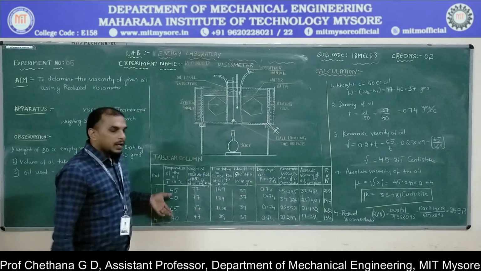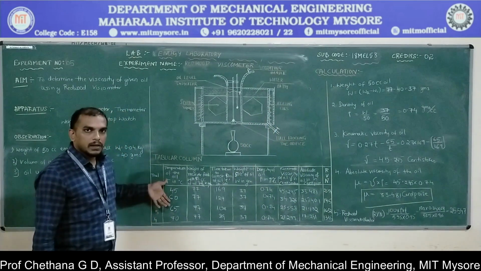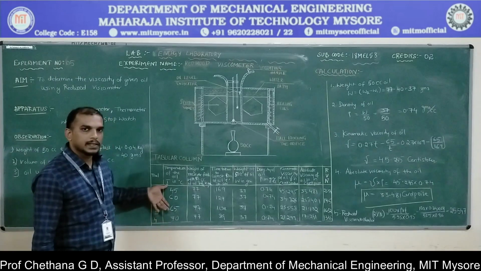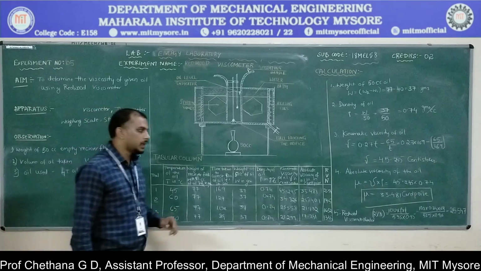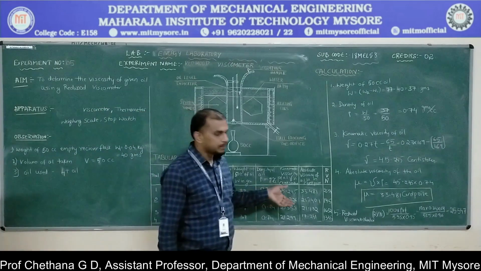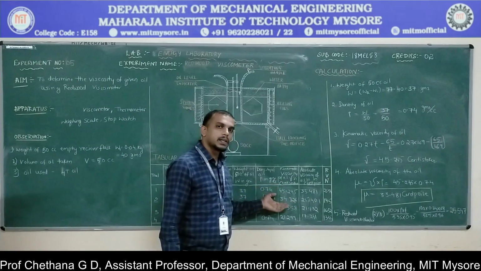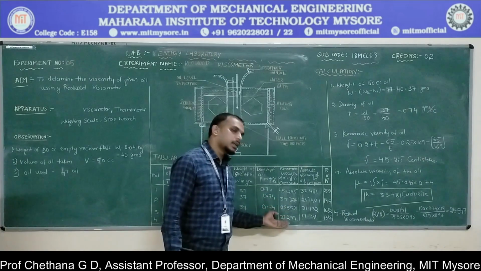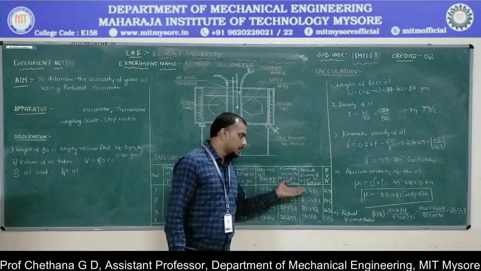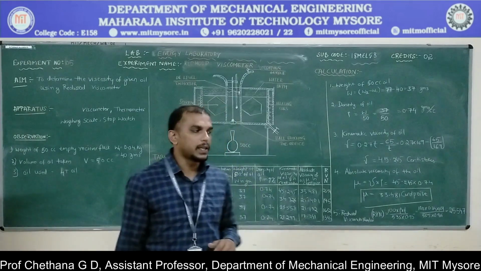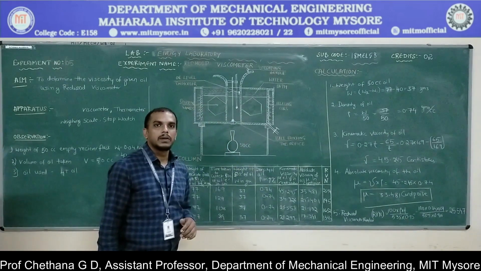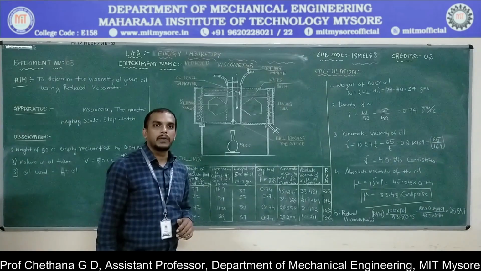Now look at the temperature. We have done this experiment. We have increased the temperature 45, 60, 65 and 70, and look at the viscosity. Viscosity is decreasing as temperature is increased. So this is evident that at higher temperature viscosity decreases. Now we will look at the probable viva questions.